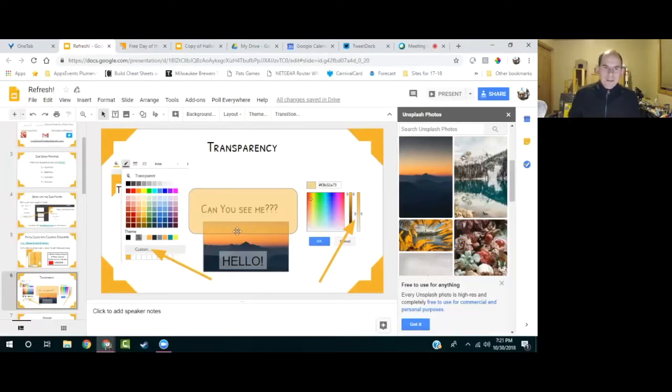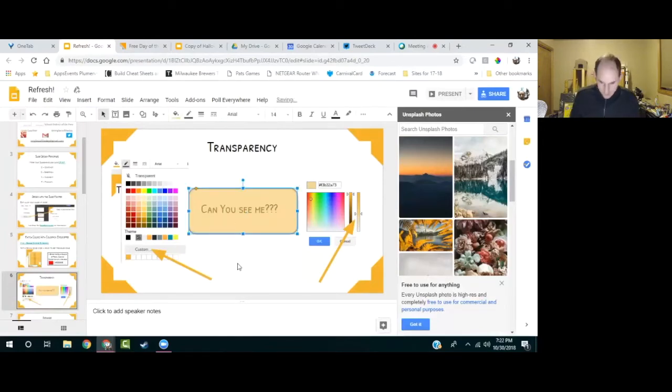So that's a way that if students absolutely have to use a picture as a background, you can get away from that by simply making the background transparent, which helps it pop, helps provide that contrast that we talked about earlier, which is the exact same thing. Made that box transparent so you can see the text underneath it. All right,